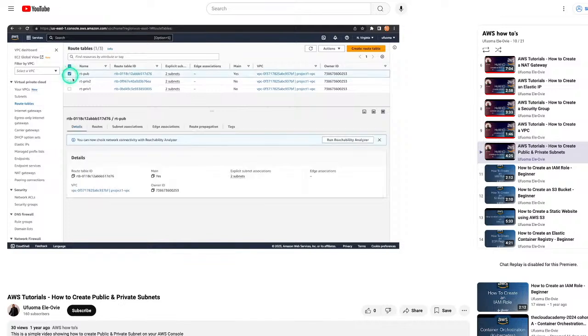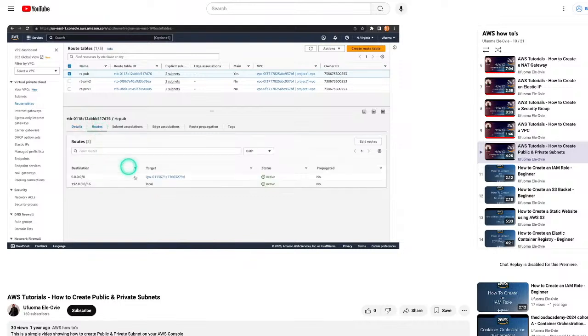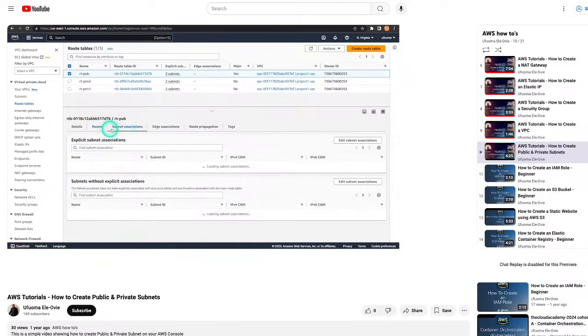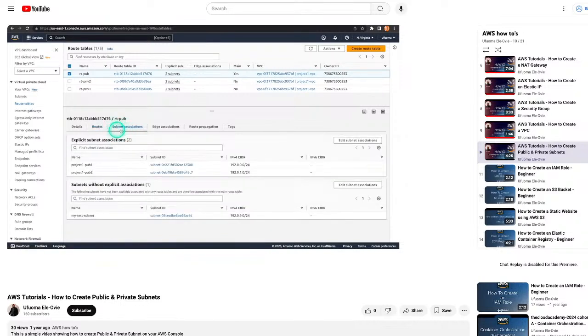Select your public route table, or select your route table. So come down to routes, and here in the route you'll see that there is an internet gateway associated. This effectively makes all the subnets that are in your subnet associations tab public subnets. So if I want to make this newly created subnet, which is here, my test subnet, a public subnet, all